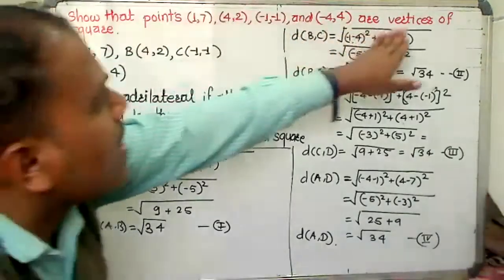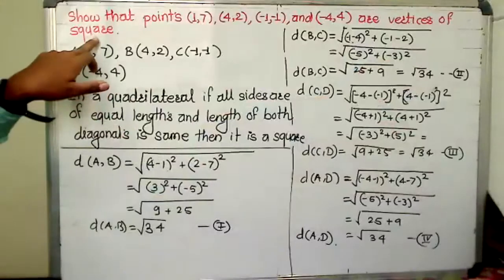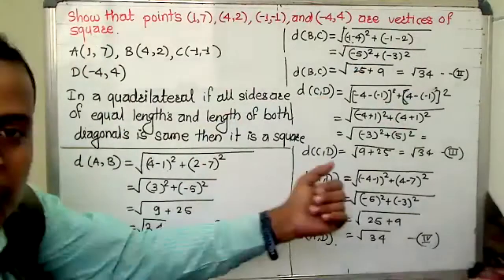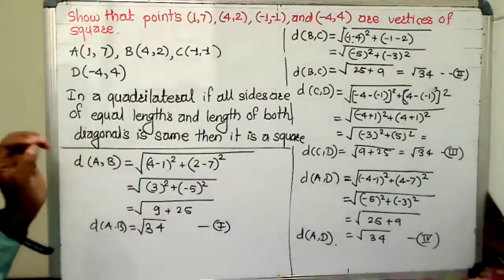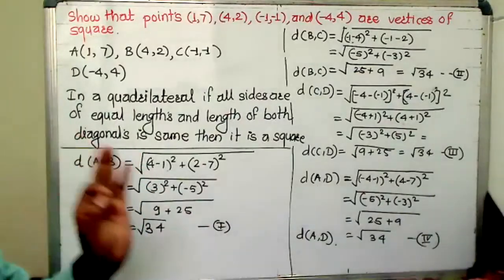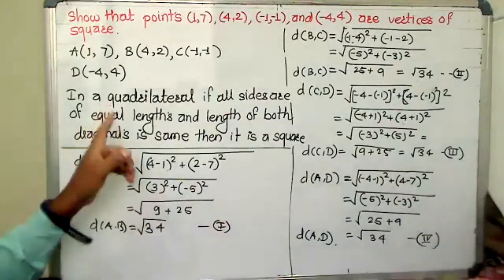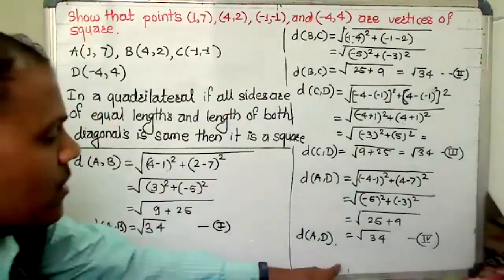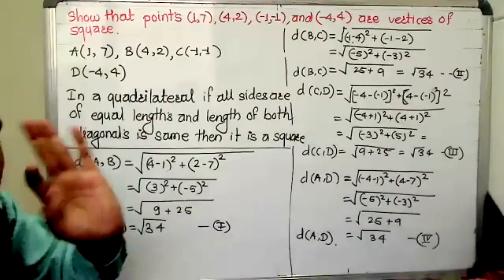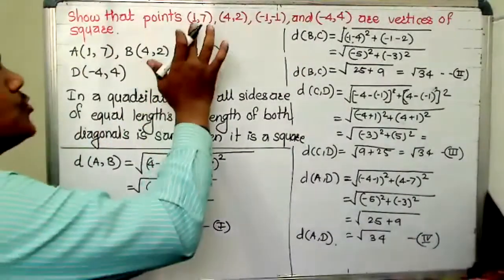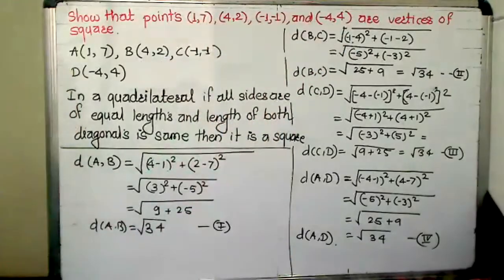and here the question is like: show that the points given are vertices of a rhombus instead of a square, then we have solved the example. Now here we have concluded, and from this we just need to write one sentence. From 1 to 4, these vertices are of a rhombus, but we have to show that these vertices are of a square.